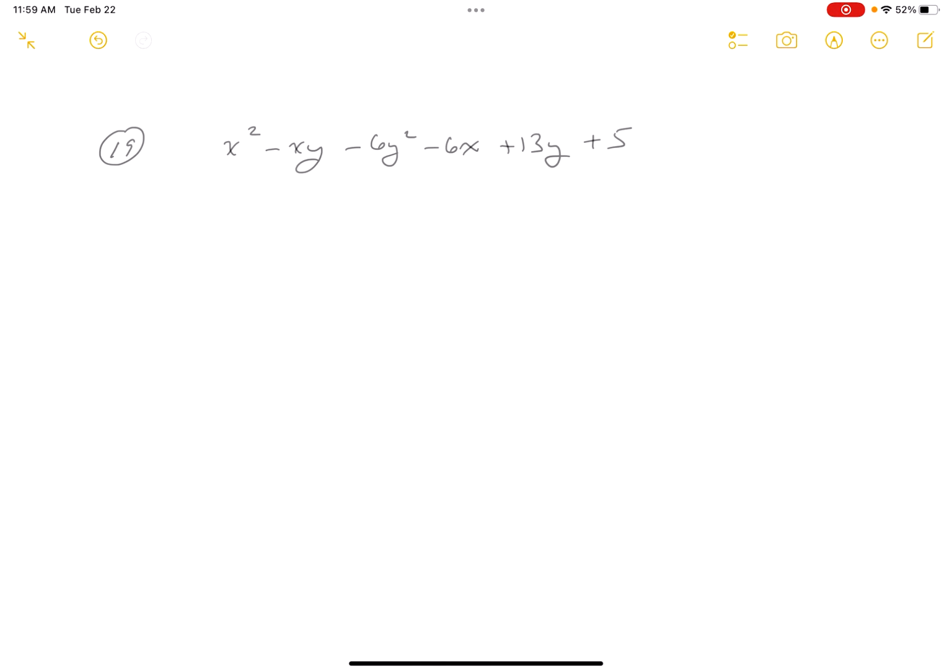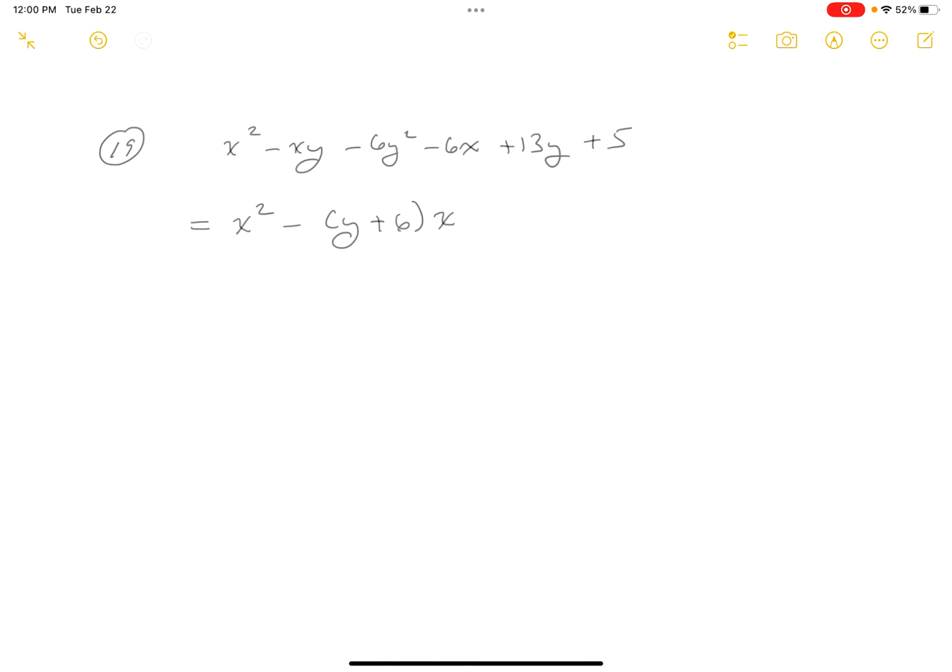So kind of looking at it, my goal here is to get the thing looking like a quadratic in x. So I'm going to say x squared. And then I'm going to say minus y minus 6. Let me see if I got that right. I think it's y plus 6, though, isn't it? x. Let me see if I get that. What would you get there? You'd get, let me